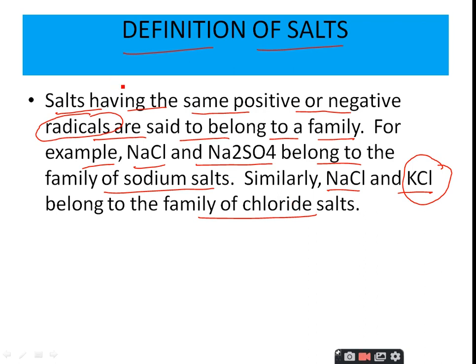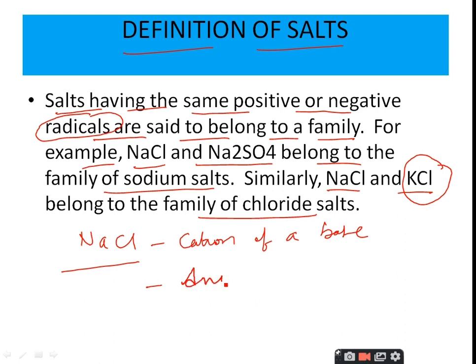Now we define the salt as per the discussion. Just like NaCl, the first thing is that those compounds which are made of ions are known as salts. The second thing is that those compounds which contain the cation of a base and the anion of an acid